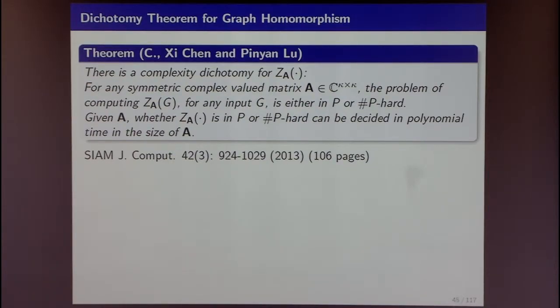But then you can say, since there is a dichotomy, for every A it's either this type or that type of computation from G to Z of G. Then you can say, given A, which way is it? And this actually is doable also in polynomial time. And this is another work. It uses some non-trivial algebraic number theory, by a thesis of Ge, who's a student of Lovász. So this is not obvious, but it can be done.